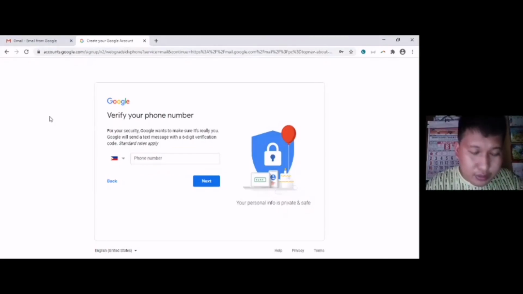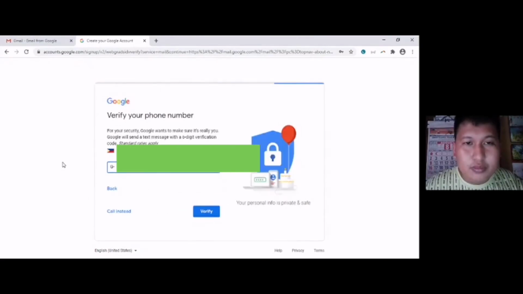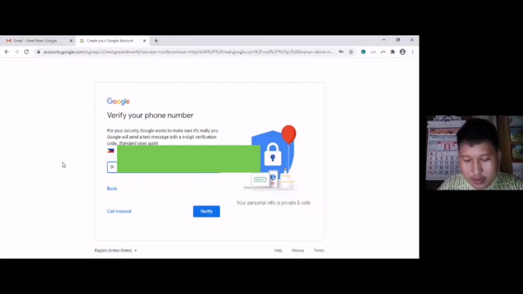I will check my phone. Make sure that you provide the correct phone number. Need to check now your phone for the Google verification code.